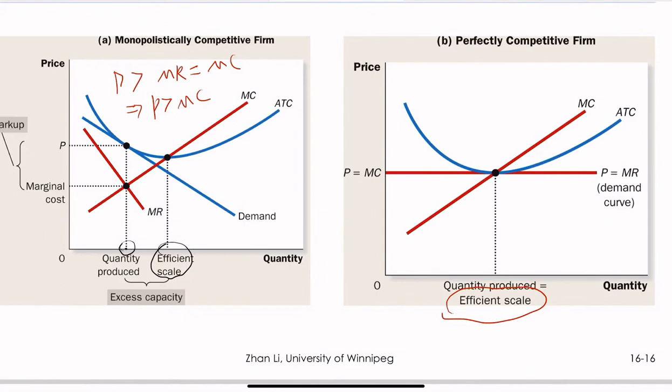And then we also know that in the long run, for a competitive firm, price equals marginal revenue, right? How do you see this? Well, because marginal revenue equals marginal cost. And we know that for a perfectly competitive firm, price equals marginal revenue. So in the end, price equals marginal cost. So this implies there is no markup. And you will see that this is very important in determining the efficiency of the outcome.